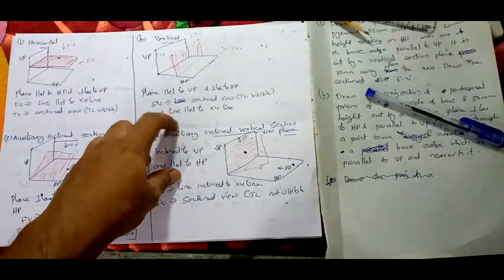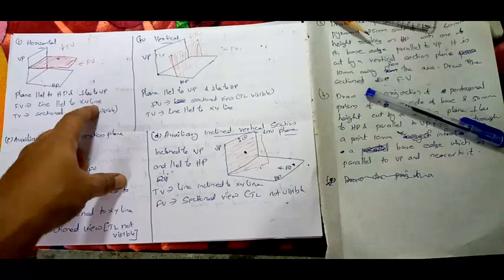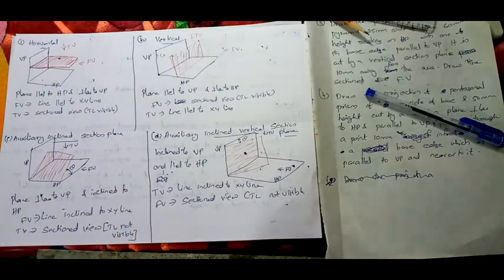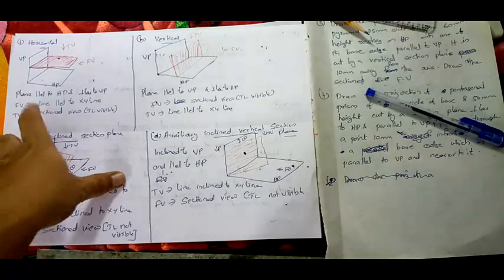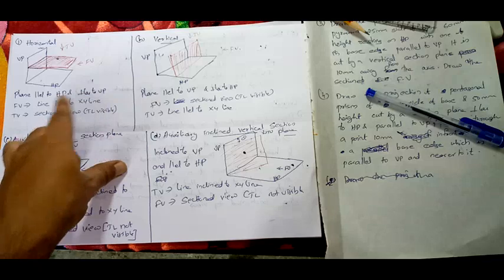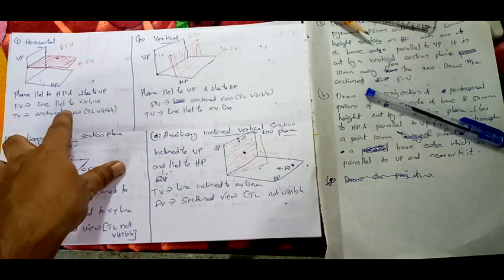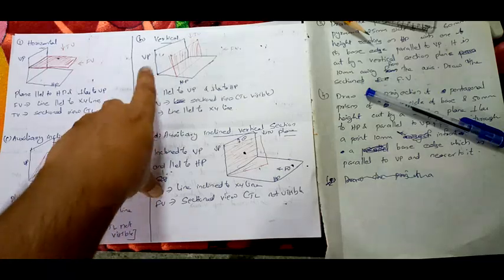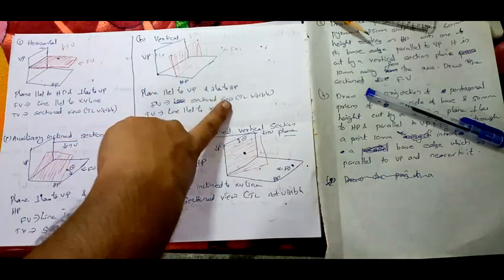This behavior is very important. Based on this behavior, we draw the sectioned views. So kindly understand the basics of horizontal and vertical. The horizontal section plane is parallel to HP and perpendicular to VP, such that the front view is a line parallel to the XY line and the top view is the sectioned view where true length is visible. The vertical section plane is parallel to VP and perpendicular to HP.